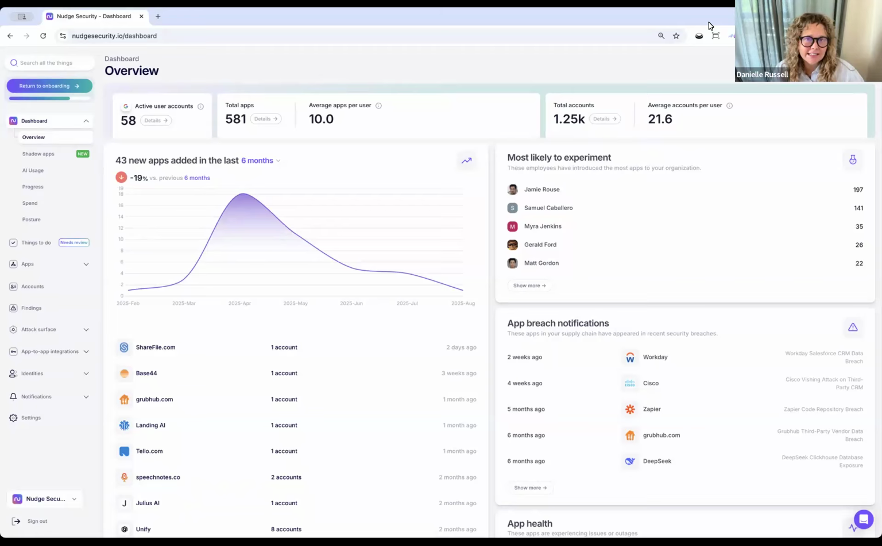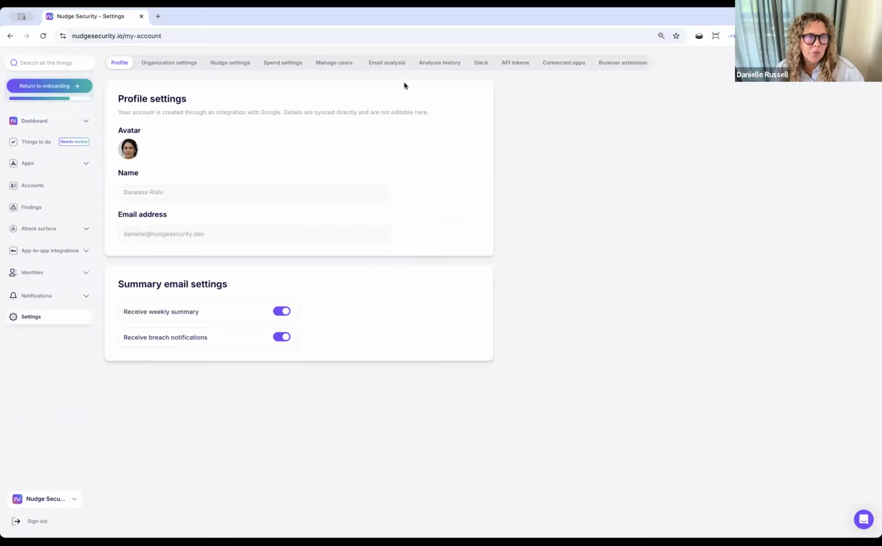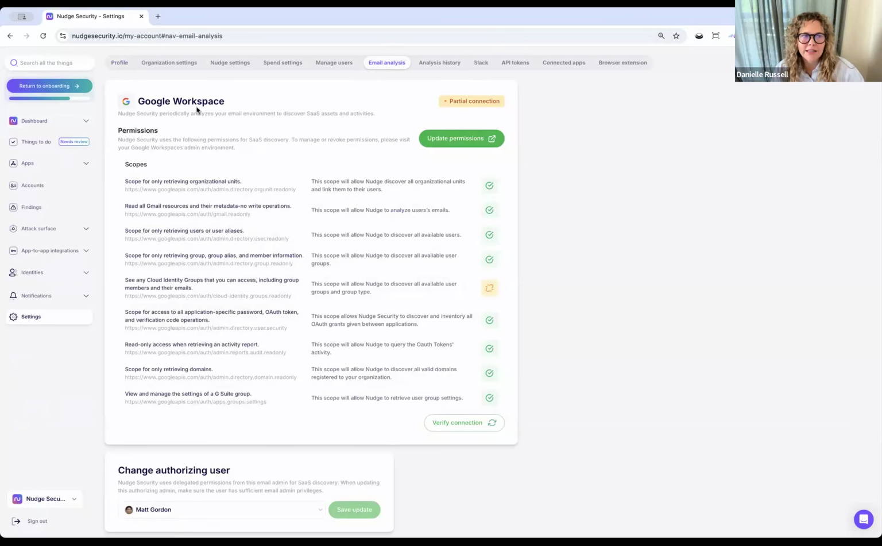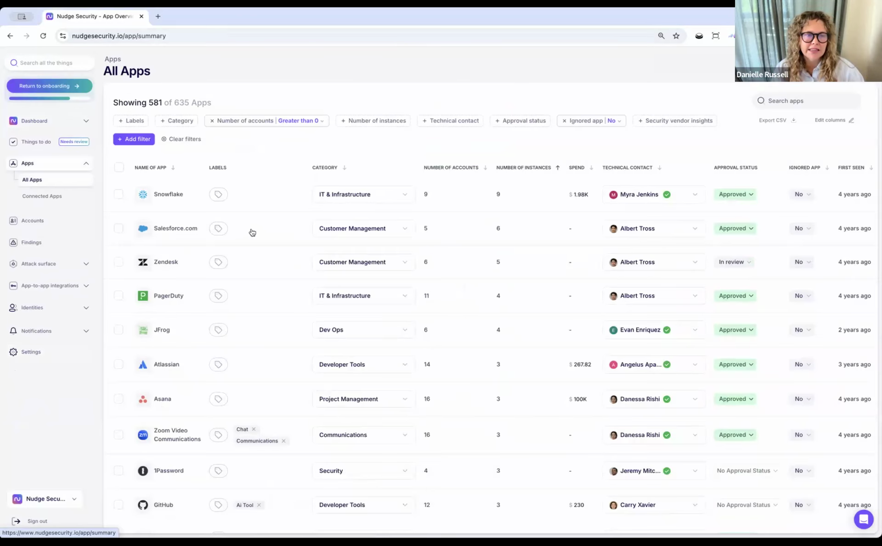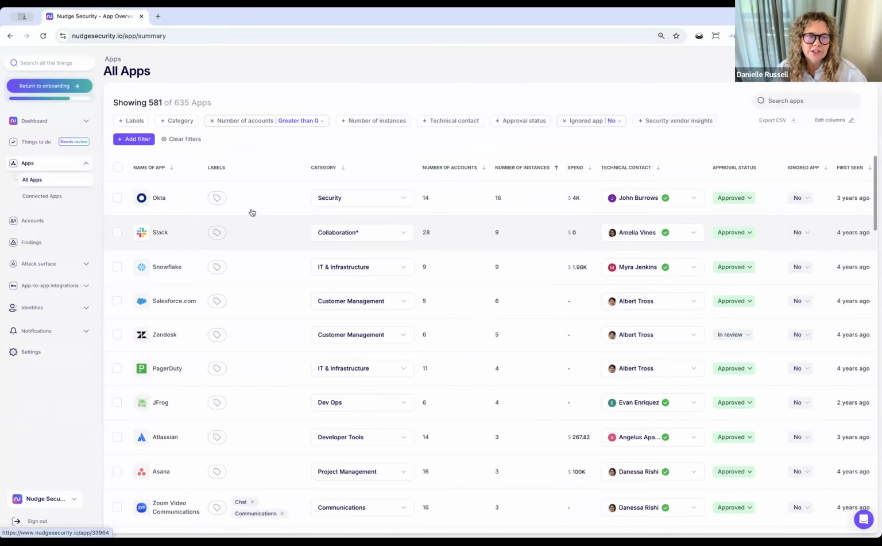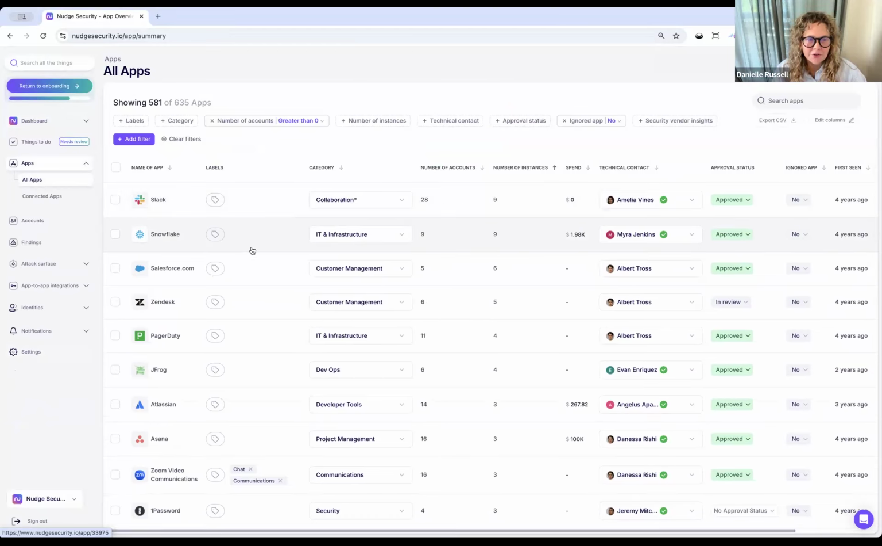It's the fastest, easiest way to get visibility and control over all of your SaaS and AI assets. We start with one simple integration point, and that's either with Google Workspace or Microsoft 365. Plug it in, let the analysis run, and within a few minutes, or a few hours if you're a large organization, you'll have something that looks like this: a full inventory of all of the apps that folks are using